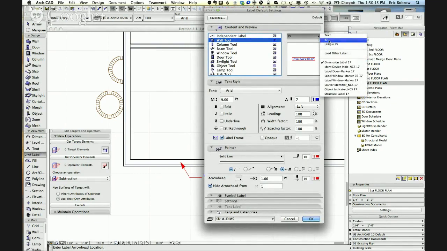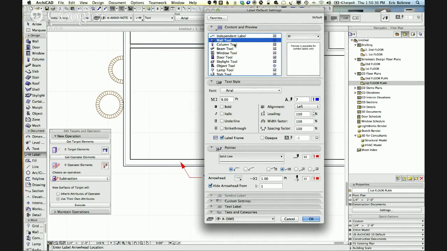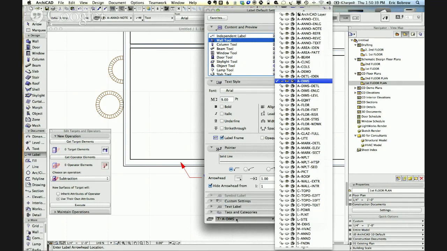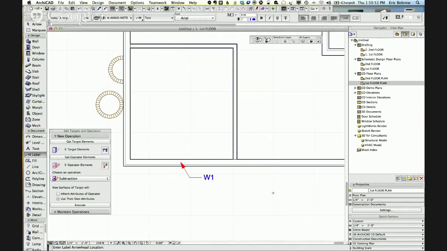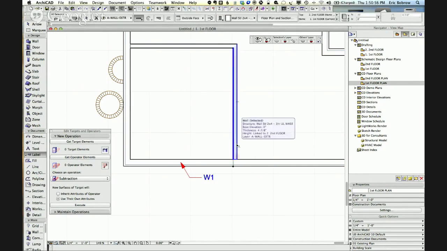So the simplest thing you can do is say, I'd like to automatically display the ID of the wall. So if you set the ID of the wall to be W1, W2, or PW for party wall, things like that, then it'll just show up. Now, what I'm going to do is say that when I use the wall tool, it will put the labels on a particular layer. So you choose this for each of these tools. So if you were labeling, for example, objects, they could be on another layer than the labels that you use for the wall tool. Now let me just say OK, and